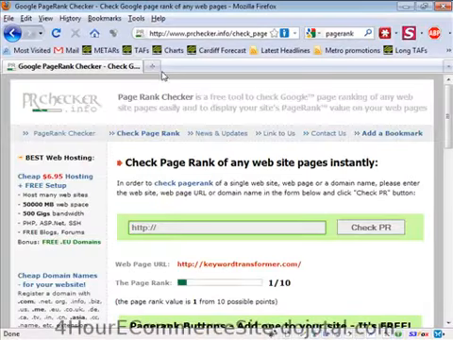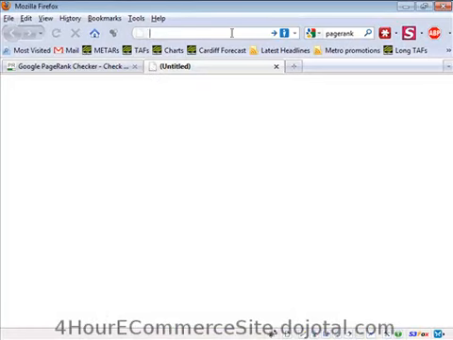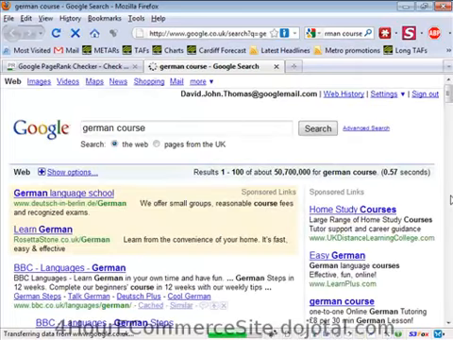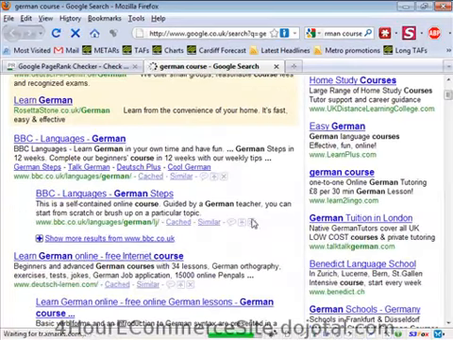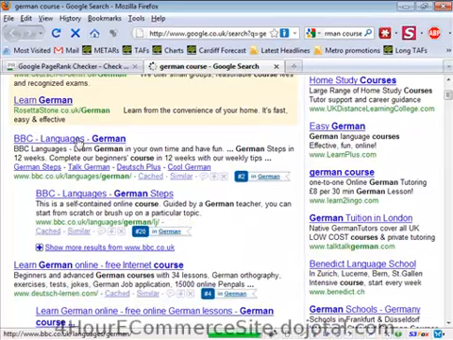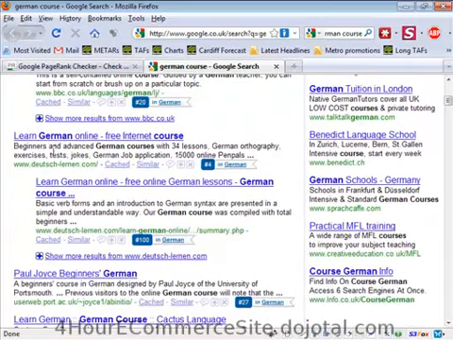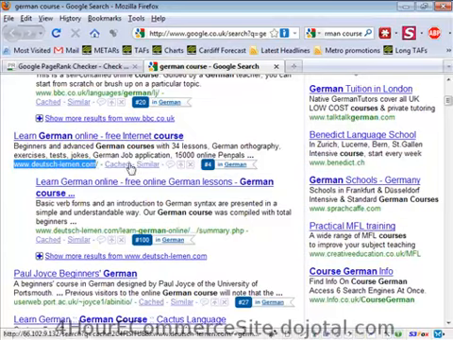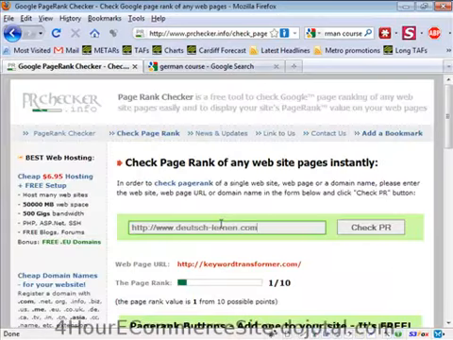Now, having shown you what PageRank is, let's say we're looking for a German course again. Okay, the top entry is a BBC website, as it happens. The next one is deutschlernen.com. So if I put that into the Google rank checker,